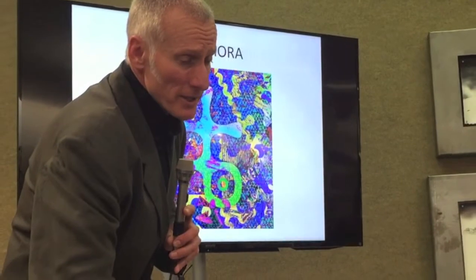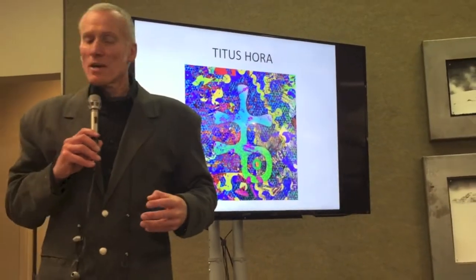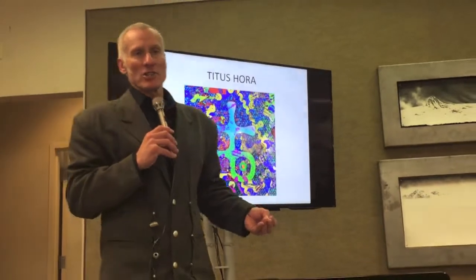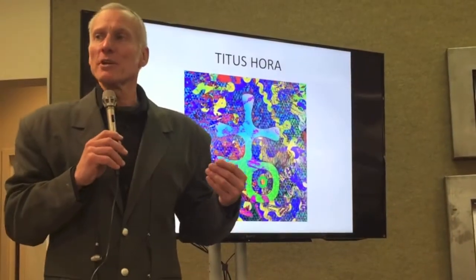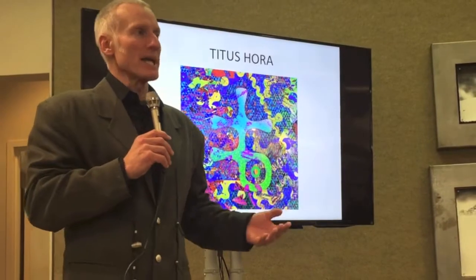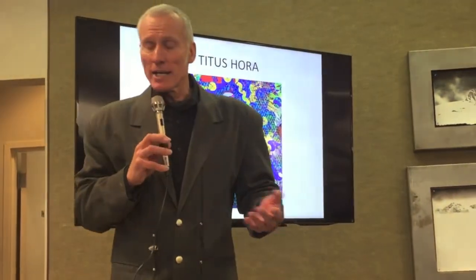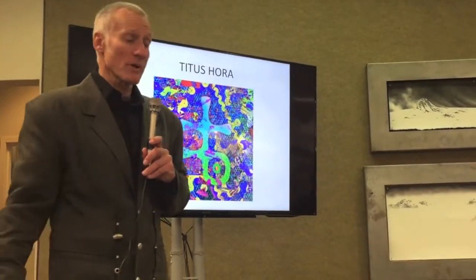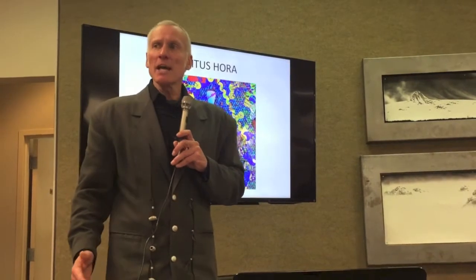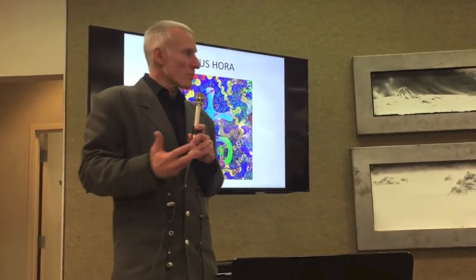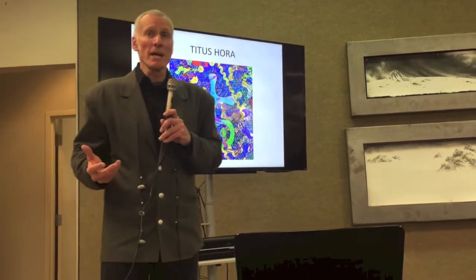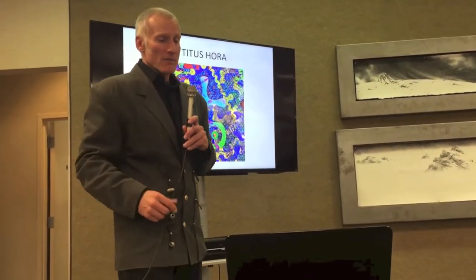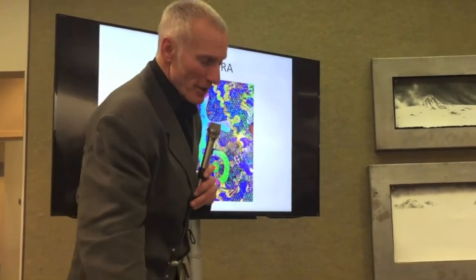Titus Ora, who happens to be a Hungarian guy, is playing with programming, but he's also very interested in the seduction of the image, the aesthetic. Artists become interested in different aspects of why make an image. What is the reason to create an image? And the idea of aesthetics, the idea of beauty and things like that go back hundreds or thousands of years. And many times in contemporary art, that's not one of the criteria. Artists may or may not be interested in the idea of beauty. This guy is, but at the same time, he's interested in the programming and how do you create something that is beautiful or interesting with the contemporary tools.